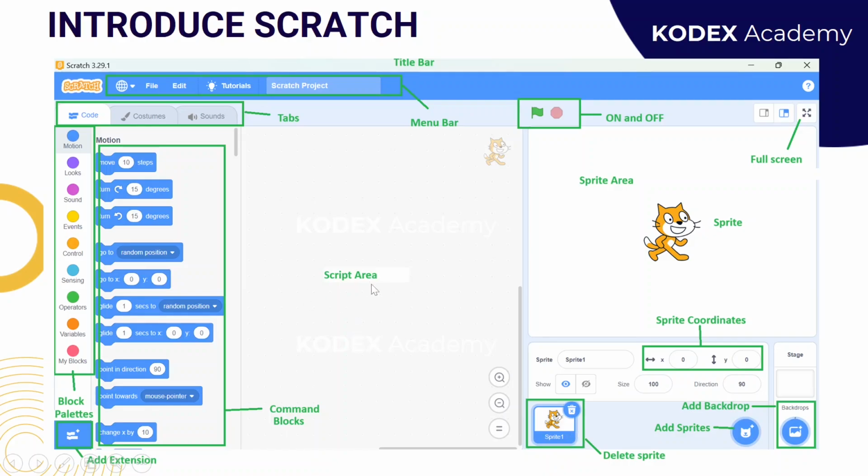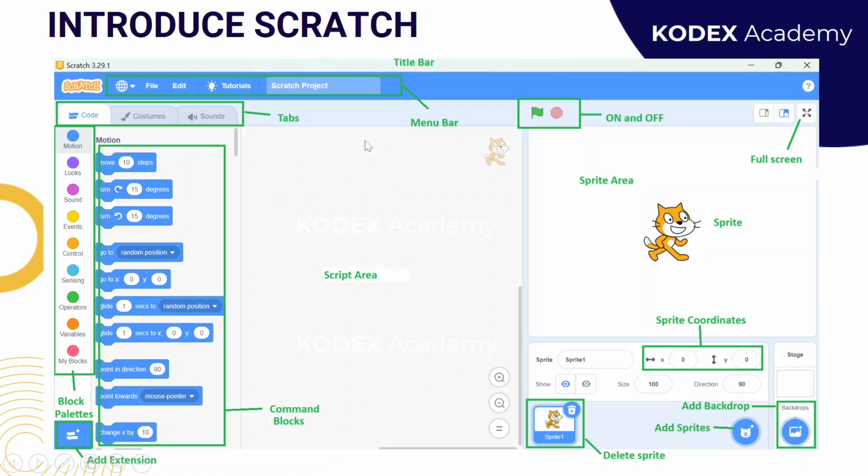Now the next one is called script area. As we know, whenever we are going to write a play, or you want to create any game, we need to decide on a script. On the basis of that, your story or animation will work.